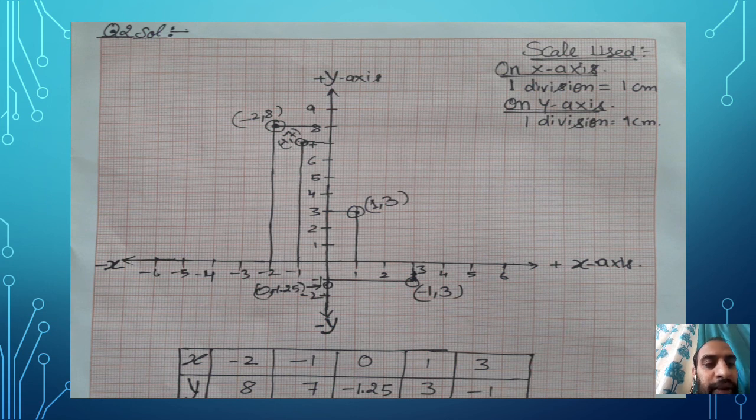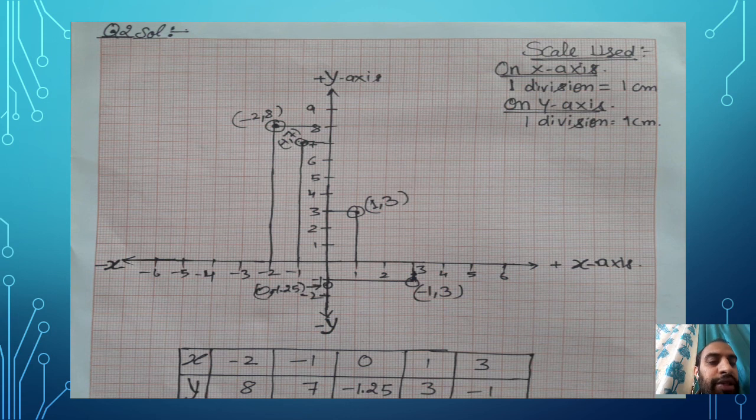So you can see here x is 0, that means the point is at the origin on the x-axis, but the y value is negative. So the negative value of y is downside. So just move from 1 to the third column. You know where -1 is. After that move toward your second and third column. In between the second and third column it is -1.25.